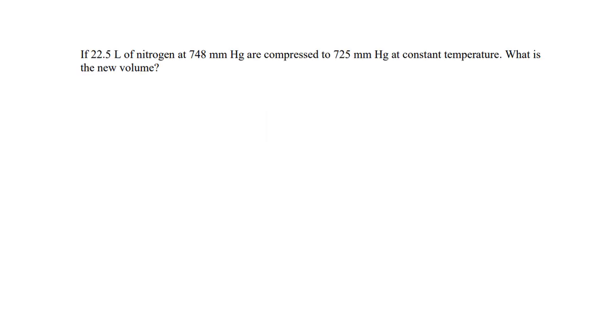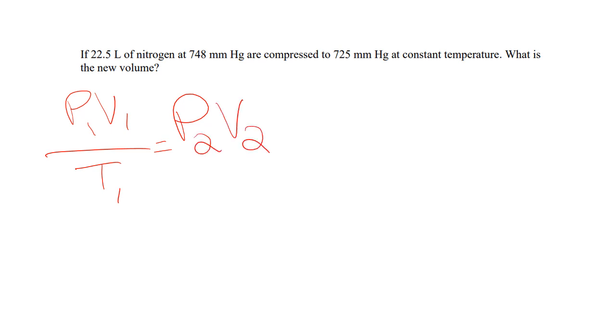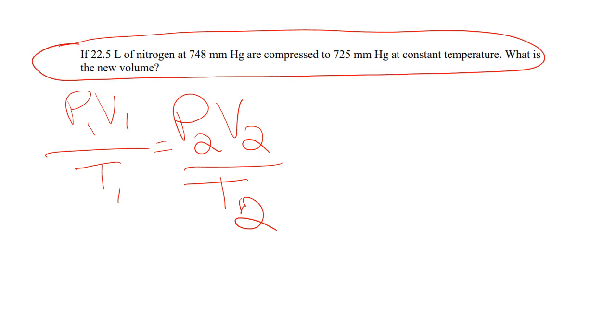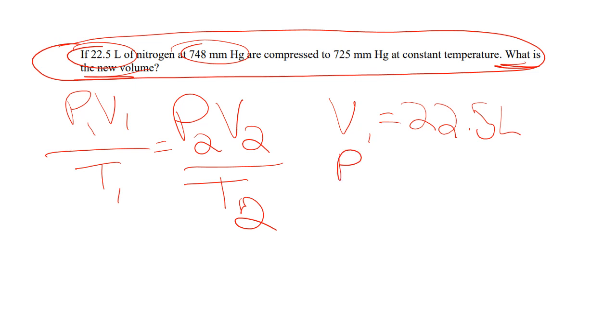So let's try some combined gas law questions here. I'm just going to write P1 V1 over T1 equals P2 V2 over T2, and we're going to read this question. It wants to know the new volume. It says 22.5 liters of nitrogen, so we have a liter there, so we got V1, 22.5 liters at 748 mmHg. So we talked about before, that is just a pressure, 748